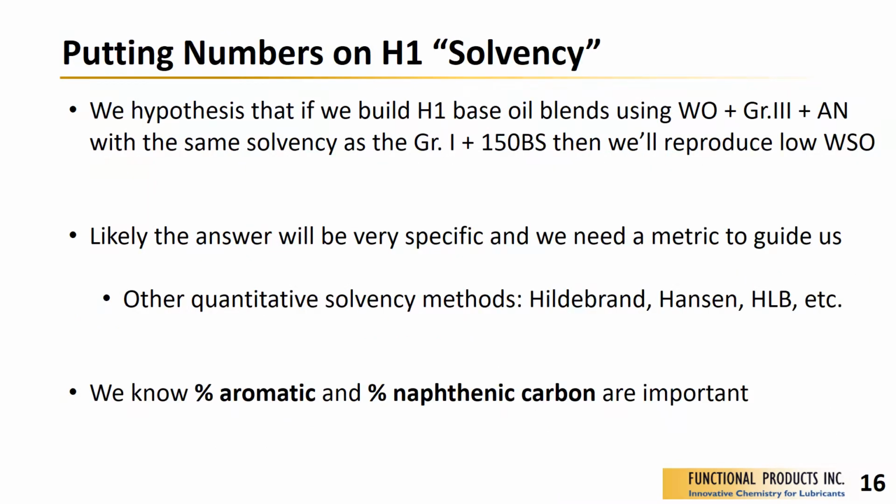So we have the pieces. Now we need to figure out how to arrange them. We're going to use white oils for the naphthenic content. We're going to use alkylated naphthalene for the aromatic content. And the hypothesis is: if we can reconstruct the base oil composition of that group 1 in bright stock or